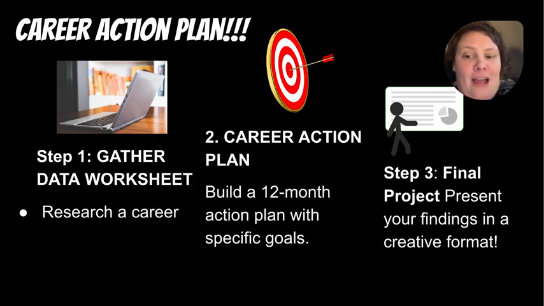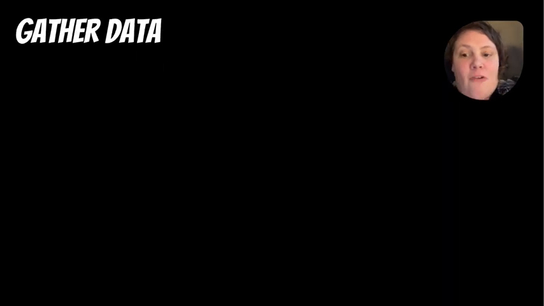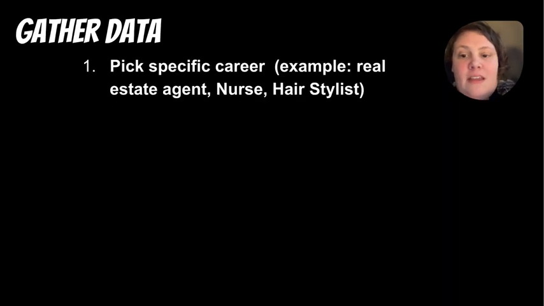on your career path. So, to do that, you're first going to complete the information gathering sheet, which will guide you through researching your chosen career. Then you're going to create an action plan, and then you're going to have a final project, gather everything together, and a final presentation. All right, so first step is you need to pick a specific career,